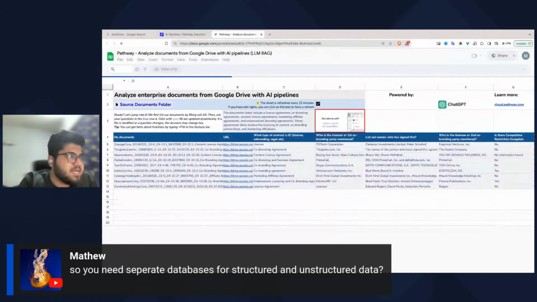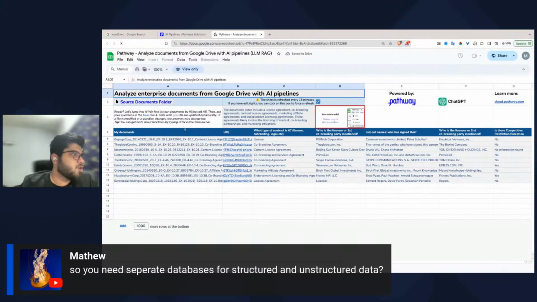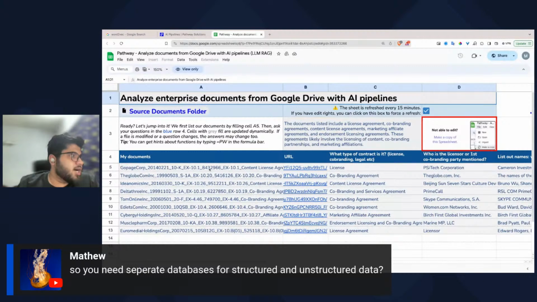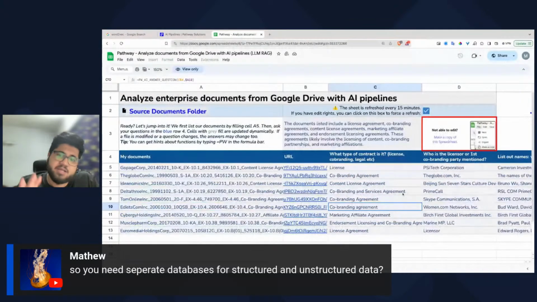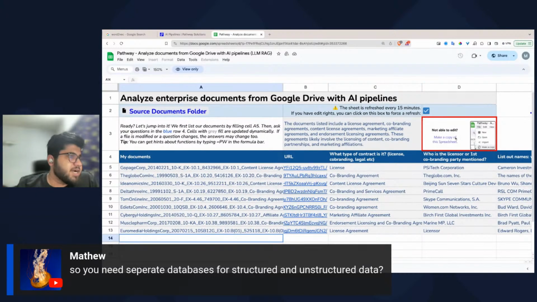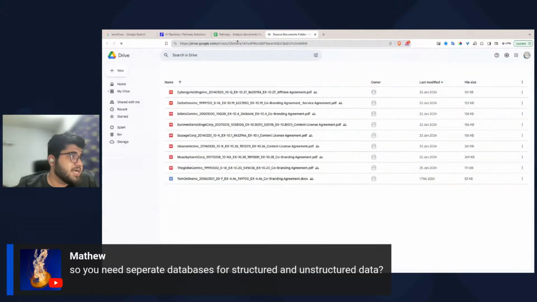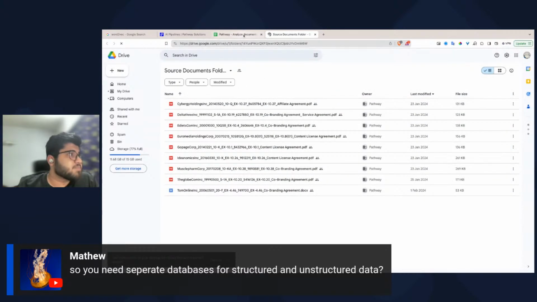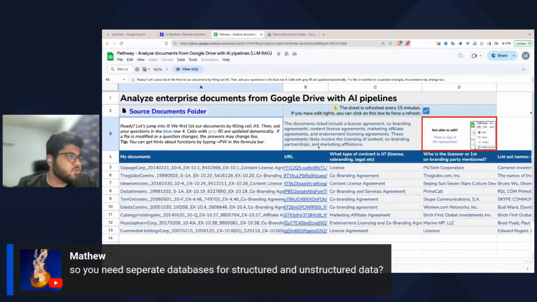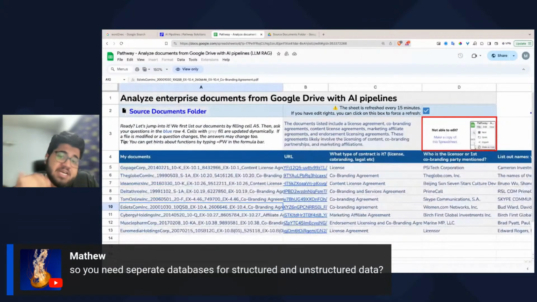Okay, so this is basically a showcase which has become quite popular lately. What they have done is all these things are retrieved with the help of formulas only. They have not copy pasted here. You simply dump everything in a documents folder, which is basically a set of legal documents here. Then using this particular application, you can simply ask questions and get the information in the form of an array within a Google Sheet. And then you can set up alerts.